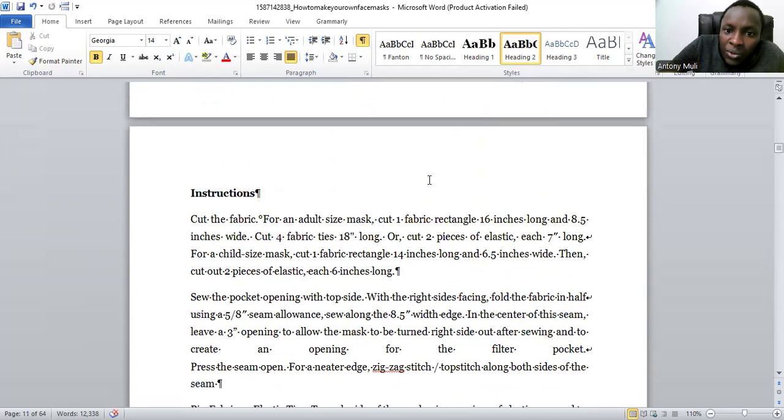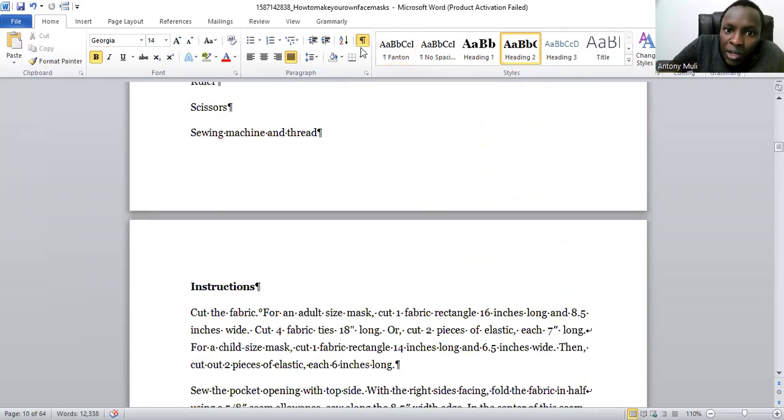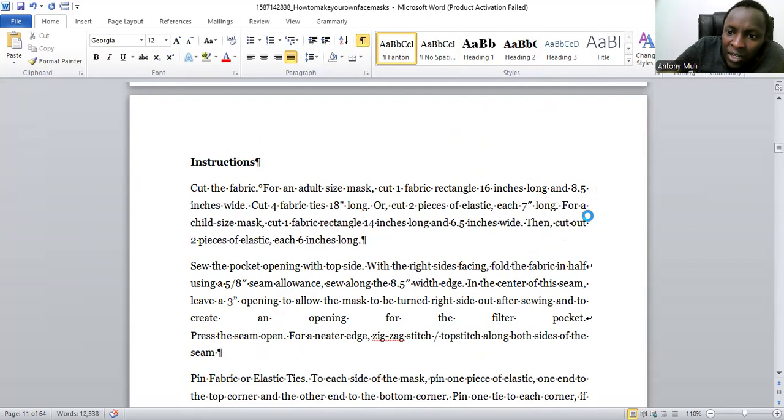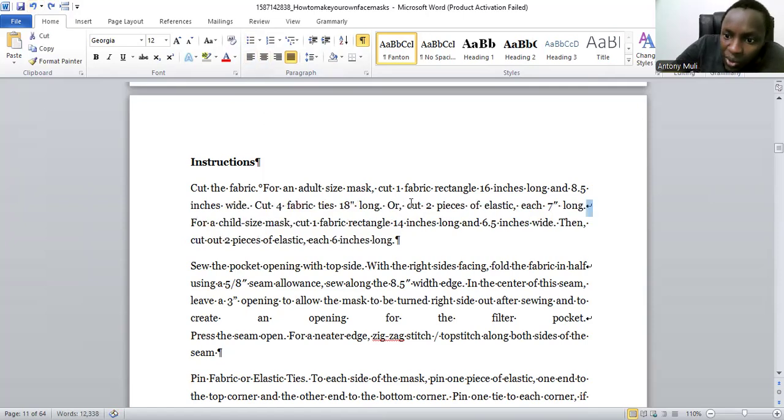This is something that I want you to take note of. When you have enabled this, sometimes you'll notice that there are these small marks here. It shows that the text is not exactly well formatted. You want to make sure that if it's a new line, it starts nicely. So when you place your cursor, let me go back, you place your cursor at the very end, like here, and just delete